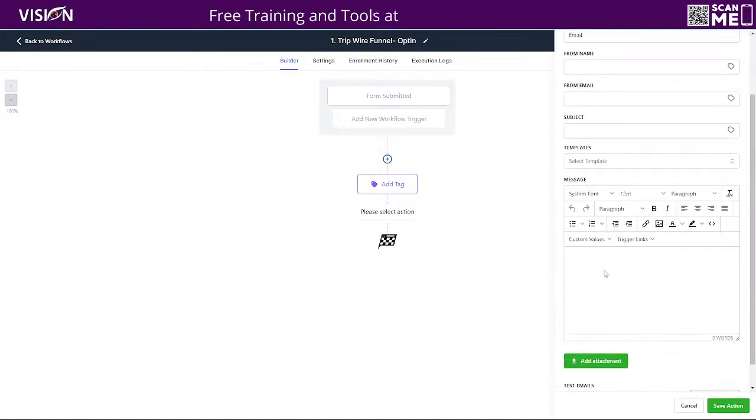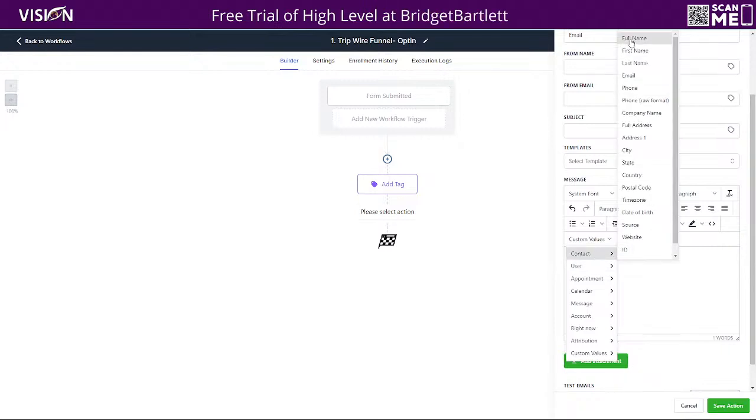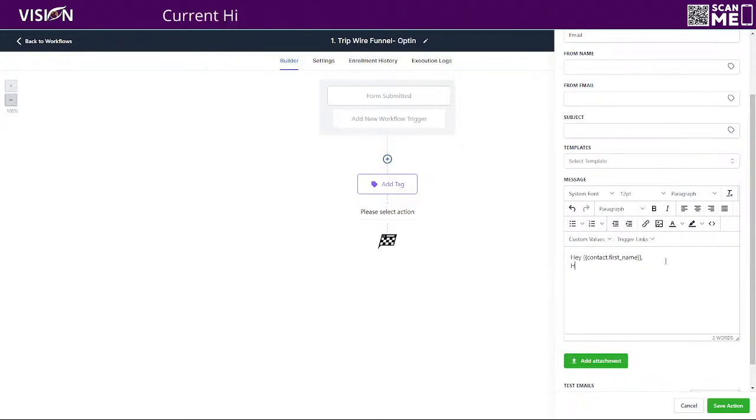Now, remember, in our situation, as soon as we tag, they've already gotten login credentials here. But if we don't have that system, however we're giving them the free thing, we need to do that here. If it's a PDF or something like that, you can attach it here, or of course, you can put a hyperlink. So I would want to say, hey, and then probably the first name. So I'm going to say, hey, first name, here is your free plan of L Messenger. And then what I want to do is I want to say,